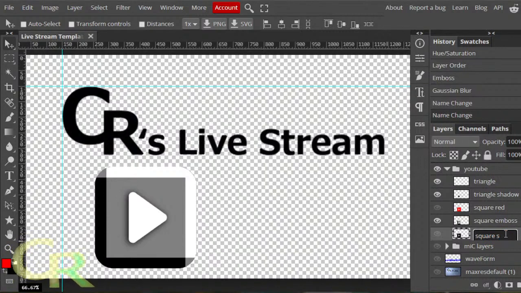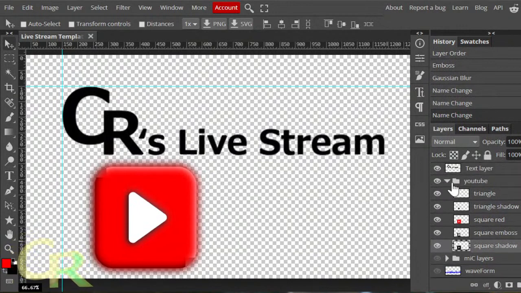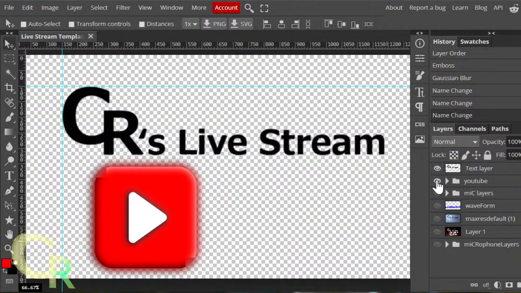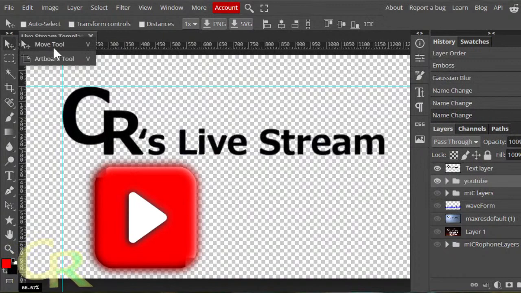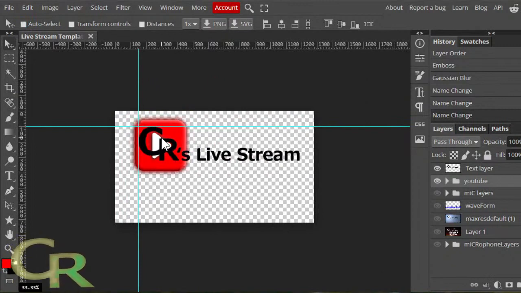Square shadow. Here, okay. Show them all. Close that. Select that right there, and now V on the keyboard, or I'm going directly to it. Control minus this around, and I can move this around.